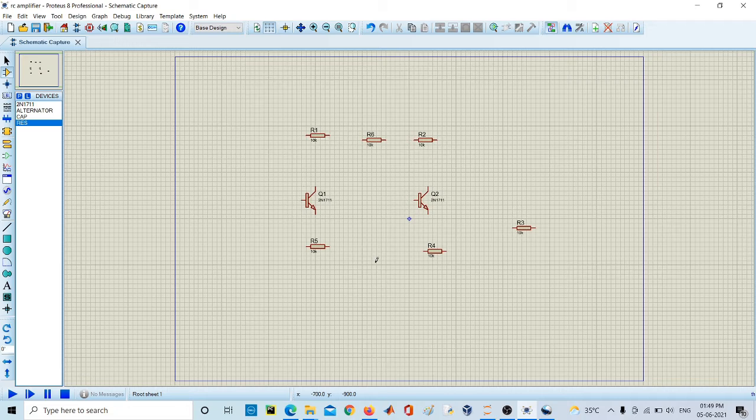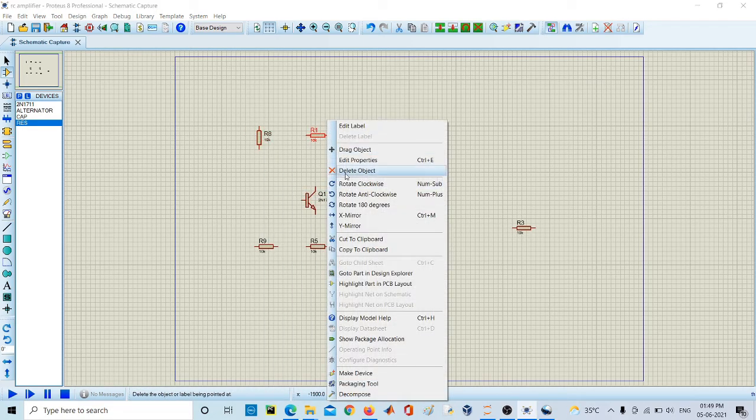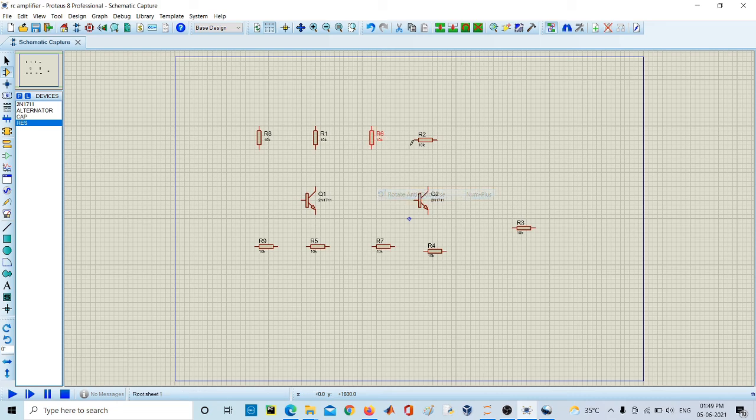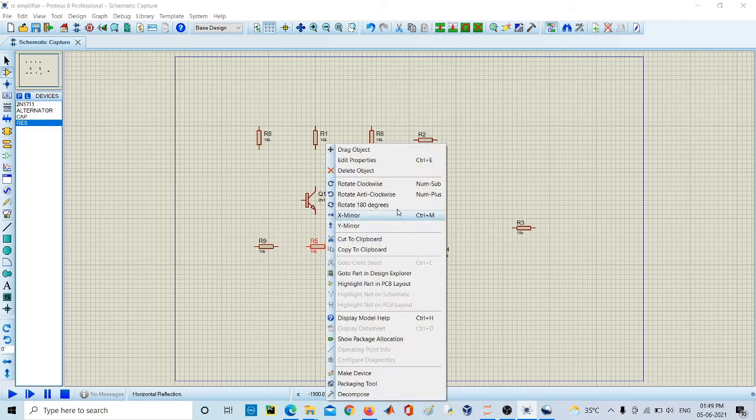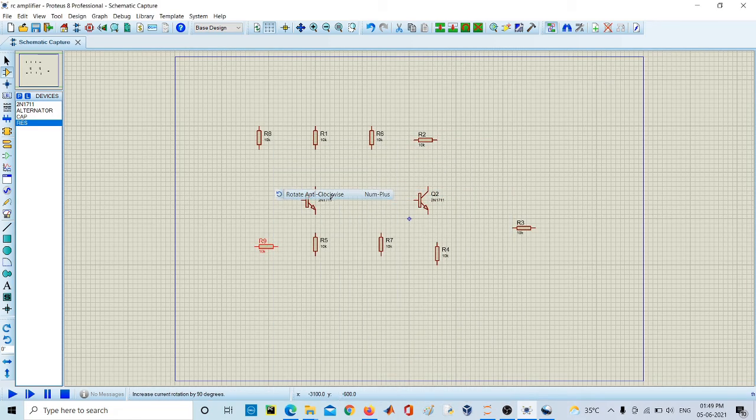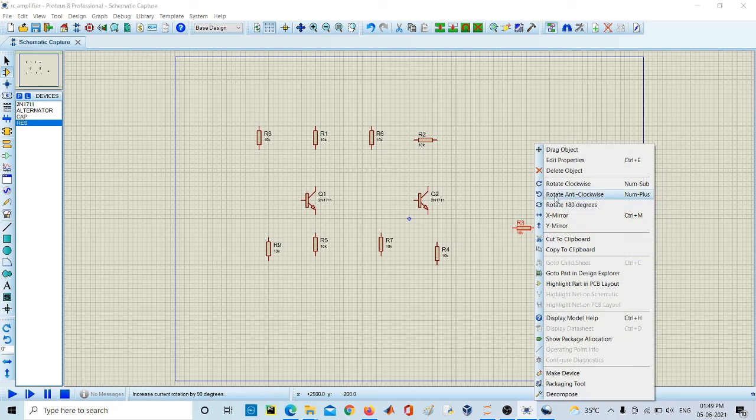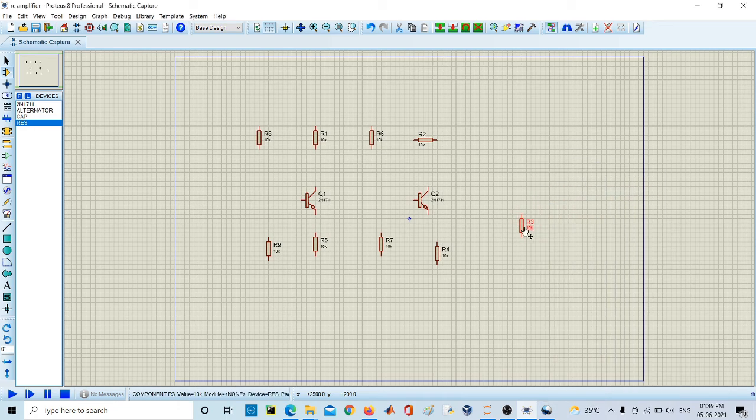Also we want one here, here. Okay, now rotate it by 90 degrees. All the resistors are rotated by 90 degrees.